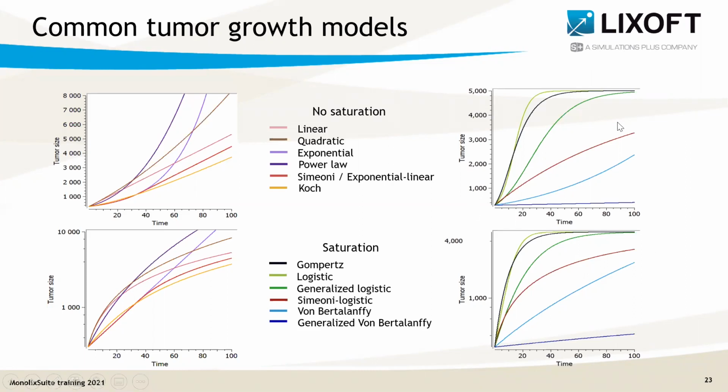Now on the right, for the models that are able to capture saturation, we see that the Gompertz model in black has the fastest growth at the beginning, and then most models follow an exponential growth before reaching the saturation. In practice, the saturation, the carrying capacity property, is often never measured because the host dies before the saturation phase begins, or also in preclinics, the experiments have to be stopped if a specific tumor size is reached.